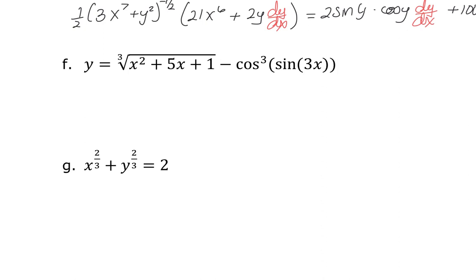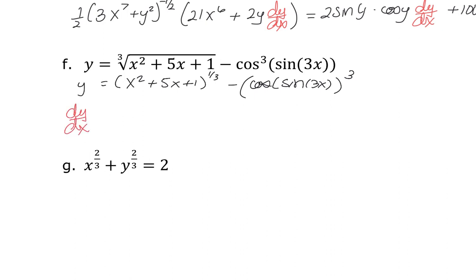For f, I'm going to do something similar to the one I just did, is I'm going to rewrite this as x squared plus 5x plus 1 raised to the 1/3. I'm going to write this as minus the cosine of the sine of 3x raised to the 3rd. So dy/dx, that is my right-hand side, is going to be 1/3 times x squared plus 5x plus 1 raised to the negative 2/3 multiplied by the inner function derivative, which is 2x plus 5,